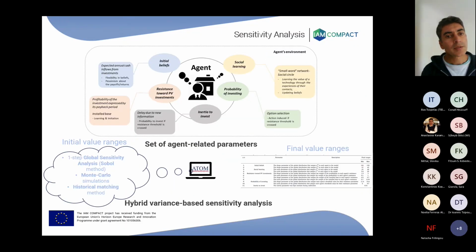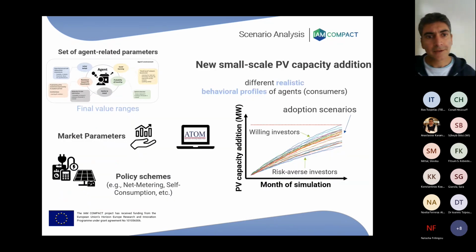And then having the first set of agent-related parameters, and after fitting this set to the historical observations, we come up with a hybrid variance-based sensitivity analysis process to find the different parameters that introduce uncertainty to the results. And then we refine this set of agent-related parameters, and we come up with the final value ranges, which eventually we use along with other market-relevant parameters or policy schemes in the forward-looking simulations where we can